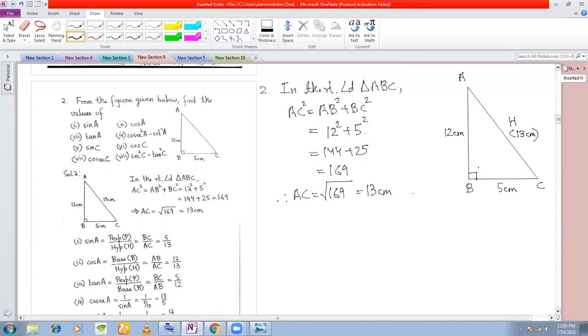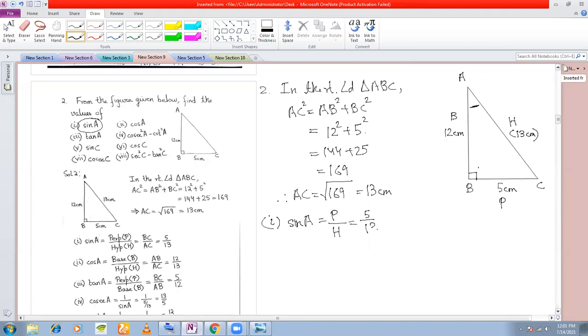Okay, now we'll see according to our question which one is theta. So if you see, we have to find out sine A first. So sine of A means sine of this angle. So that means this angle here is actually theta. So sine of A is equal to, if this angle is theta, then this will become our perpendicular and this will become our base. Okay, the sine of A is perpendicular by hypotenuse. Perpendicular is 5.